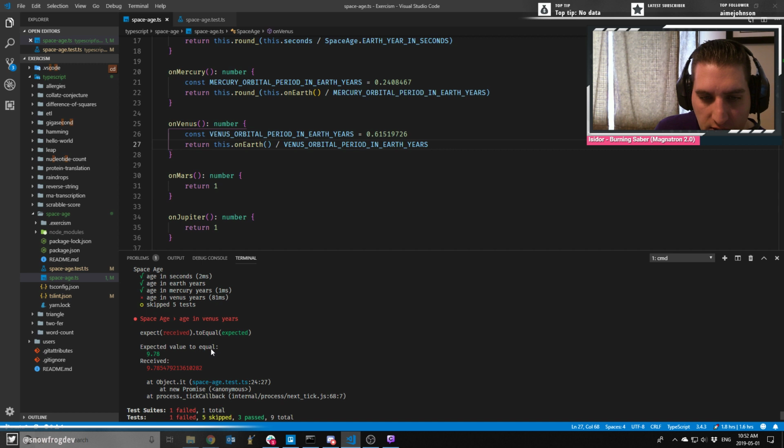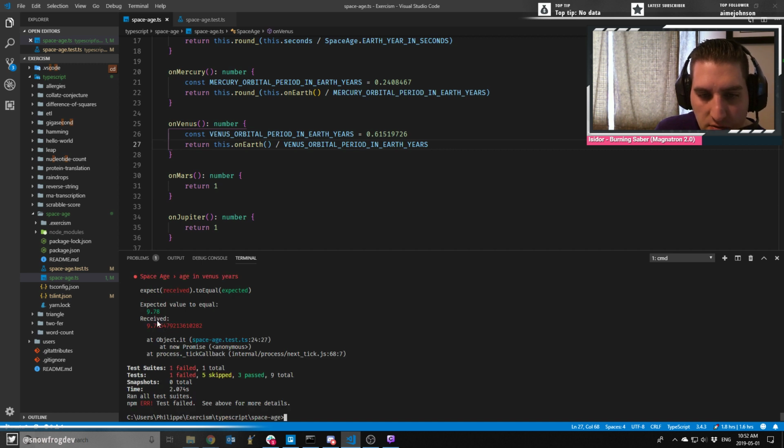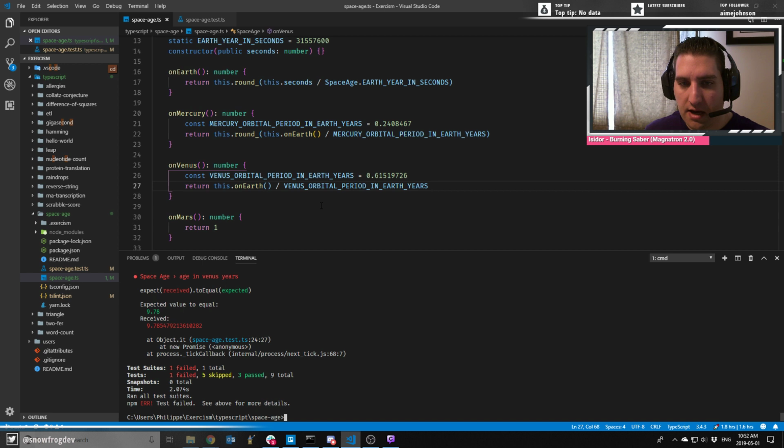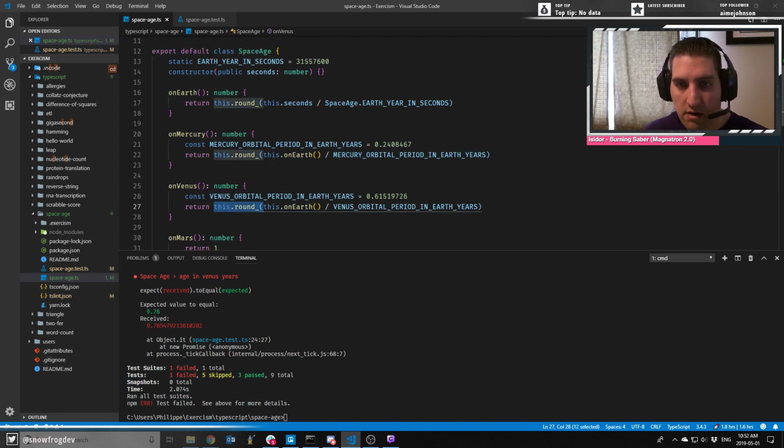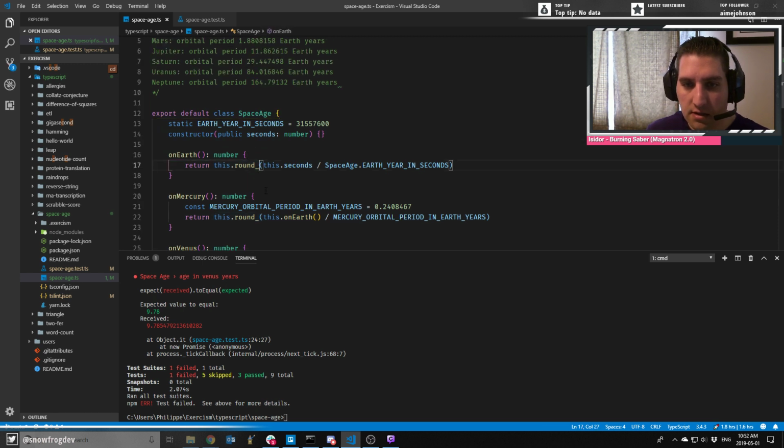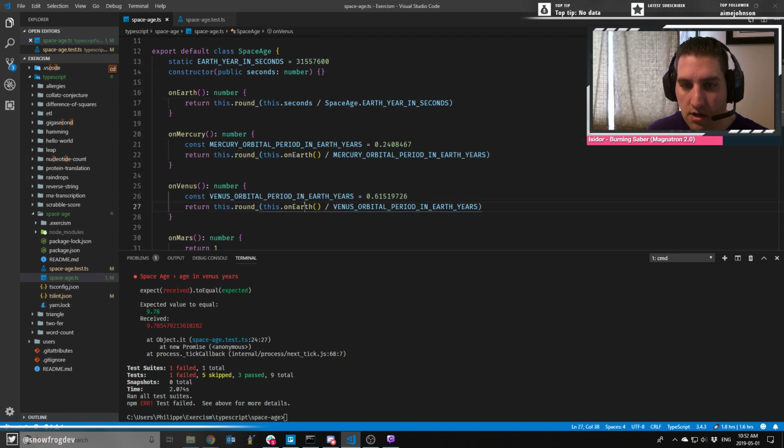$78.54. Yeah, so I'm guessing that if we didn't round Earth first, we'd end up being on the lower side of that, 50 split. So, back to the drawing board. Well, this rounding, no, Control Z. Yeah, the round function is fine. The thing is, since we're using this dot on Earth,